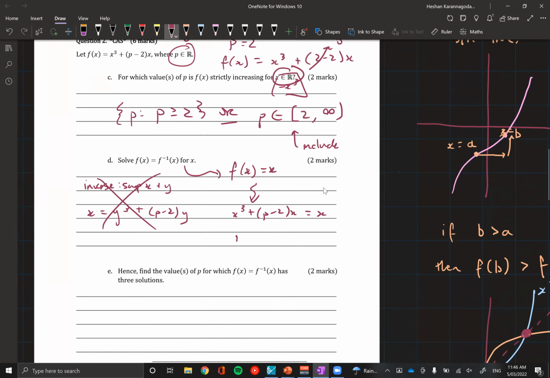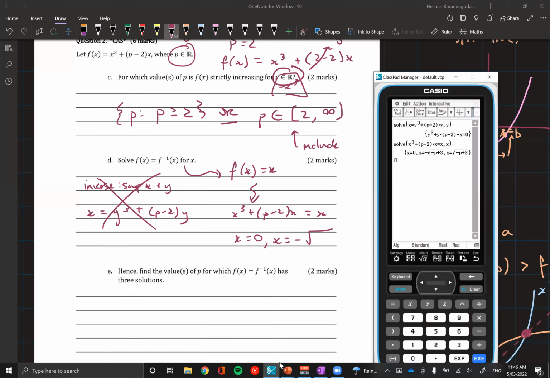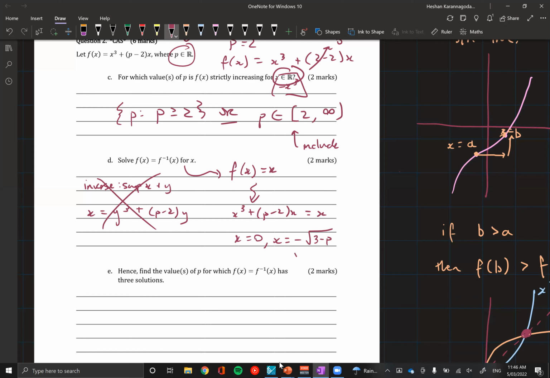So we've got x is equal to 0, x is equal to negative square root of, I forgot what it was, 3 minus p, and then x is equal to positive square root of 3 minus p. So we've got 3 solutions here for our one equation. I think probably 1 mark would be for one of these 2 lines here, and then 1 mark definitely for your final answer. Okay, I'll give you guys a couple of seconds to write that. But just a summary: a graph and its inverse will always intersect along the line y is equal to x. So sometimes you can't find the inverse, like in this case, so we'll just solve the equation f of x is equal to x, and we'll get the same solution.